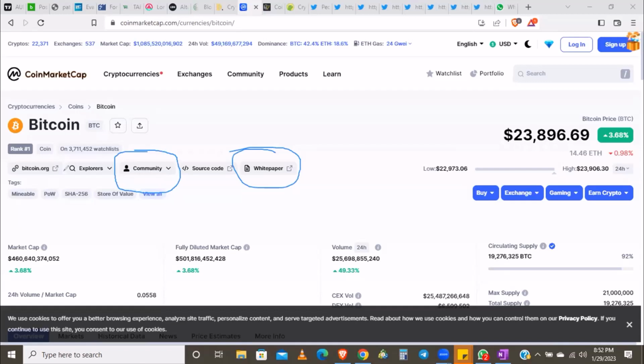And the next thing is you also want to visit the website. You want to know about Bitcoin and all of its related use cases. You want to know much about it. You want to know the future project. You want to know what's going on. You come here, okay? Click on the website, then you go on and check what's going on there. Then you can now make your decision, okay? So that is how to use this platform.